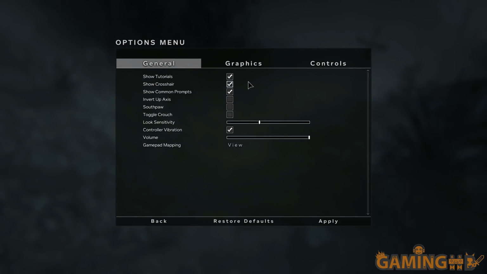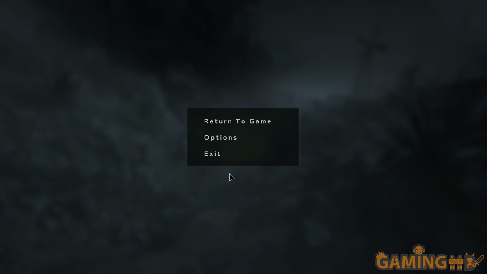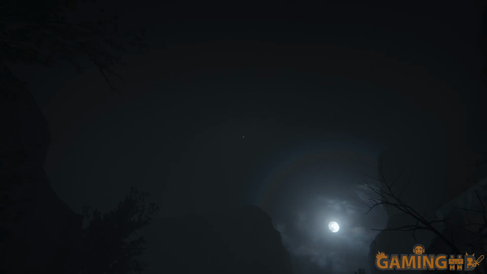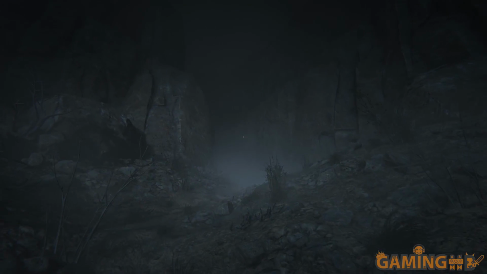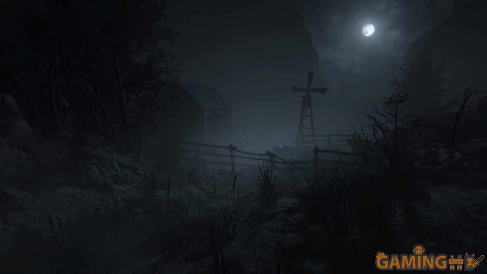I'm probably gonna turn down the fog on low, because the fog seems like it would eat a lot of memory. Yeah, it definitely works better with the fog on low. So let's explore this creepy ass...